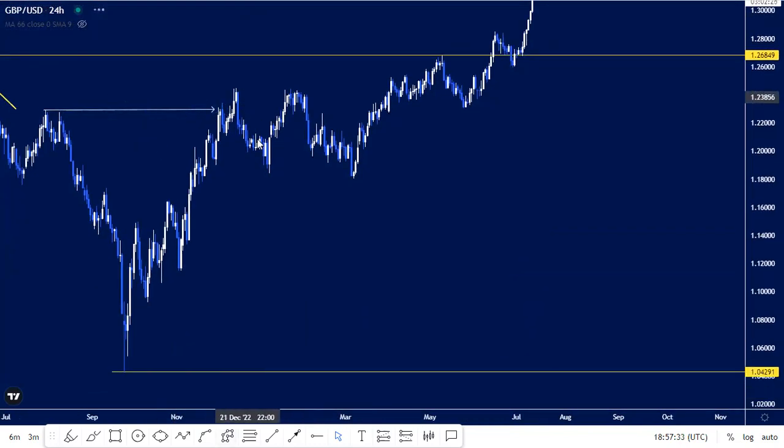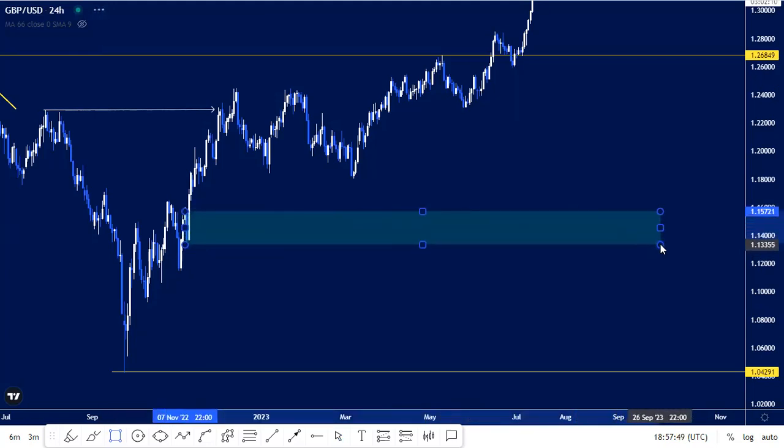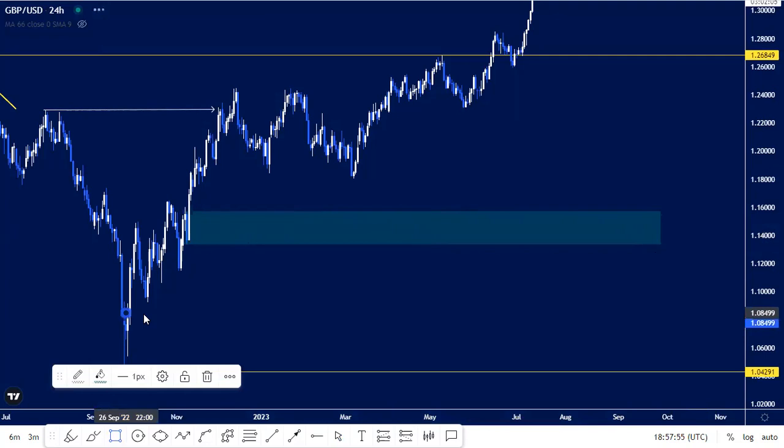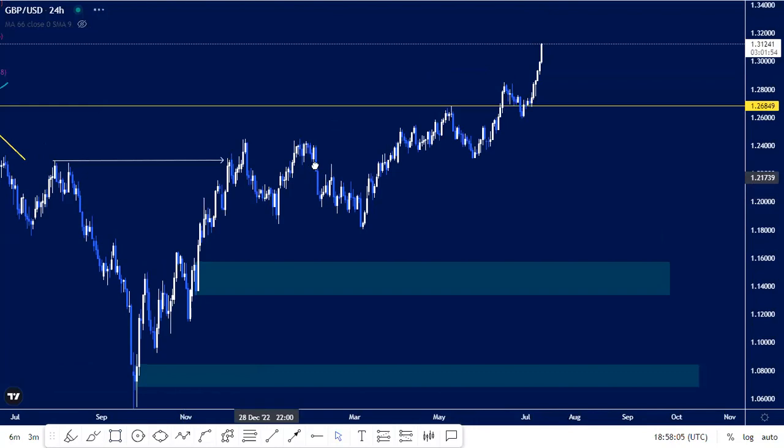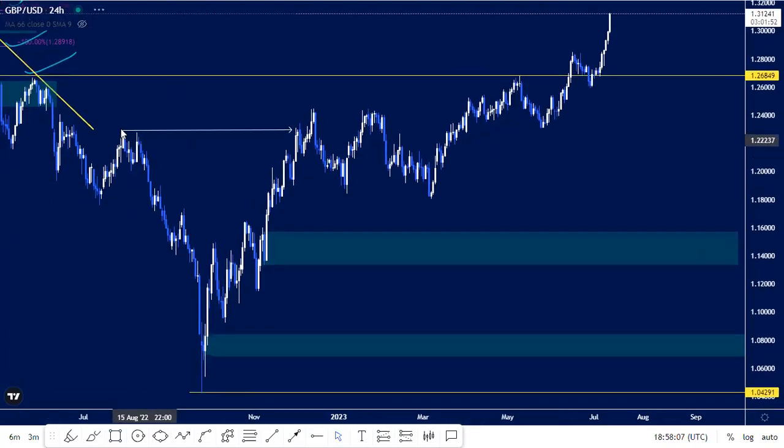Change of character: the market came, and as it pulled back, there are certain levels that it didn't tap onto. For example, in this case, let's mark some significant zones. These are significant demand that was not tapped. And this one looks like it was tapped, right? So someone can label these two like this, two demands. Before this market went all the way to change character there, you could have even